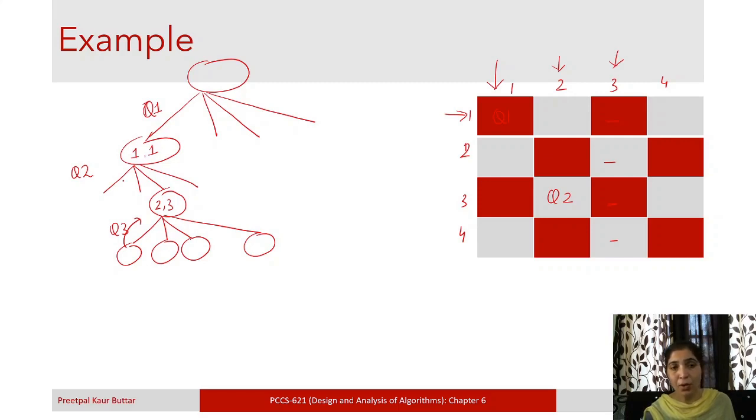We have to look at the next option for queen 2. And what is the next option for queen 2? It is 2 comma 4, right? We have already explored it. This was not giving us a solution. This is not giving us a solution. Okay. Similarly, let me